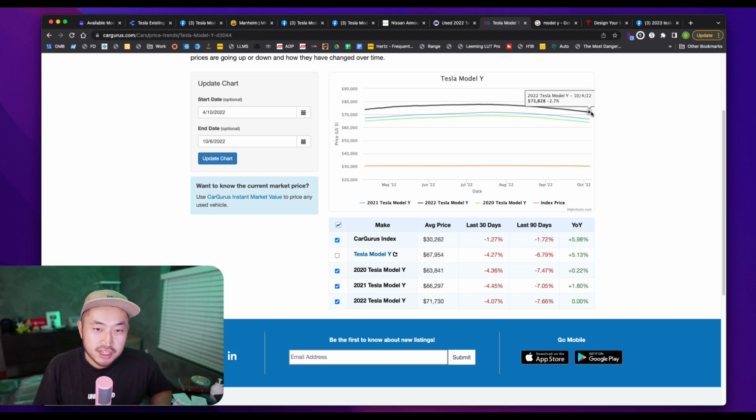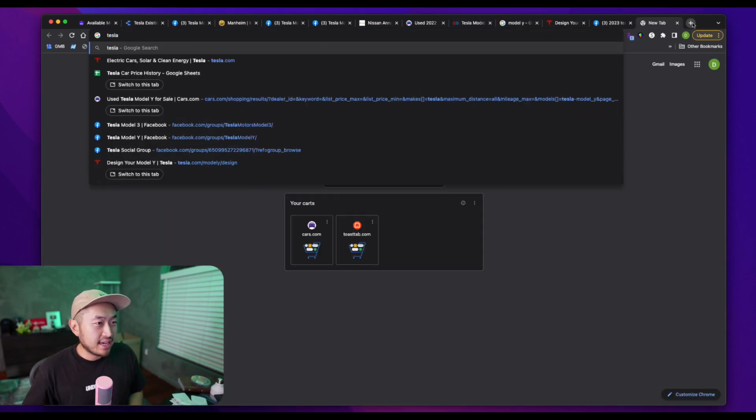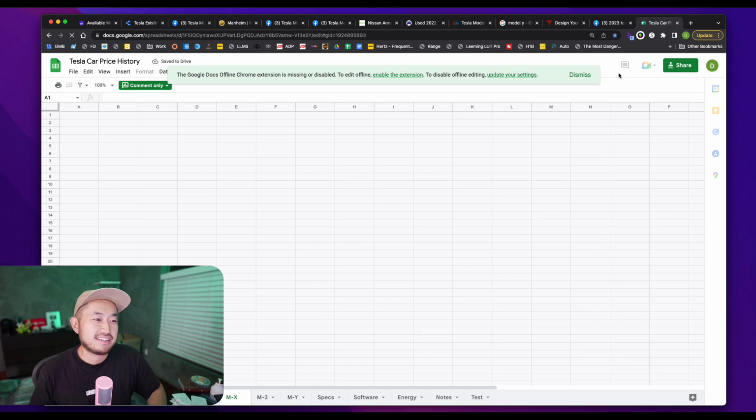We are just a little under that at $71,828 as the list price. So definitely some good news if you're waiting for a used Tesla Model Y. But either way, I'm not sure I'm convinced that I would buy a used 2022 Tesla Model Y. The price that I would want to pay, I would take a look at what these people that have been driving these Tesla Model Ys for 6 months actually paid